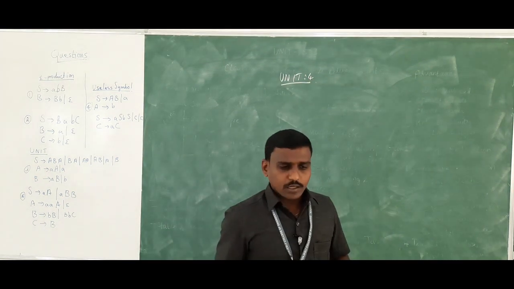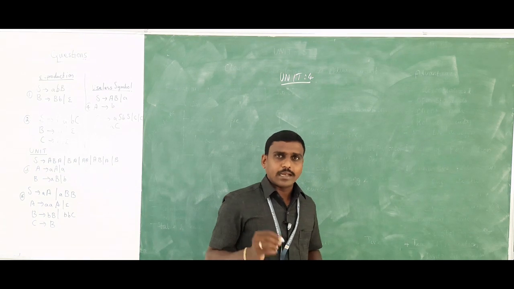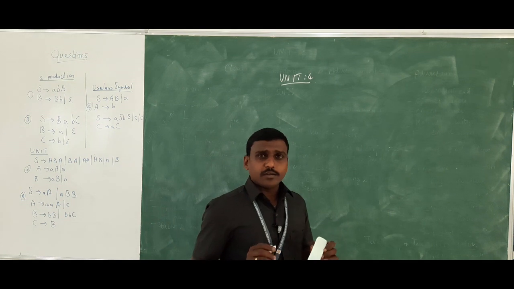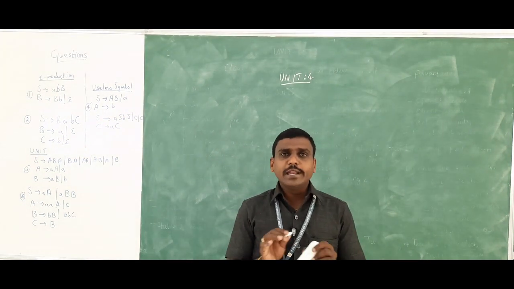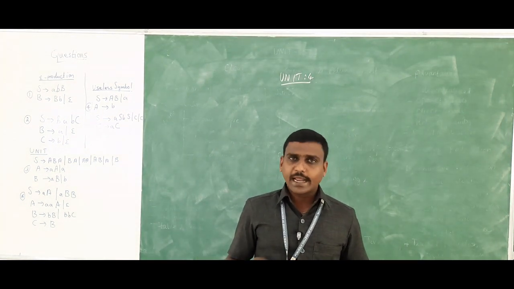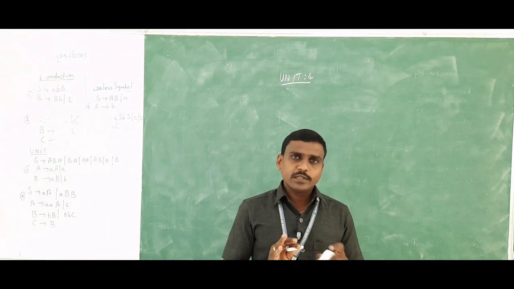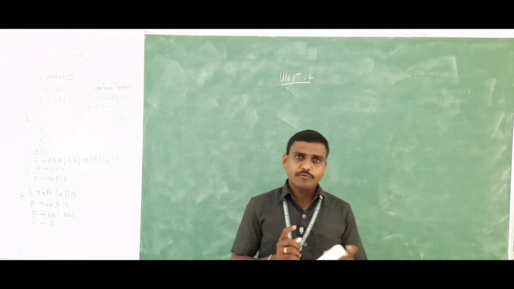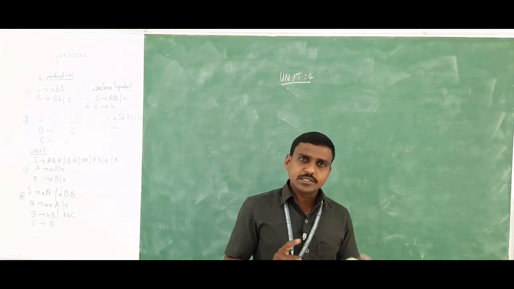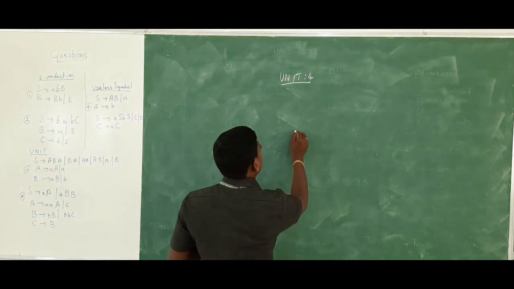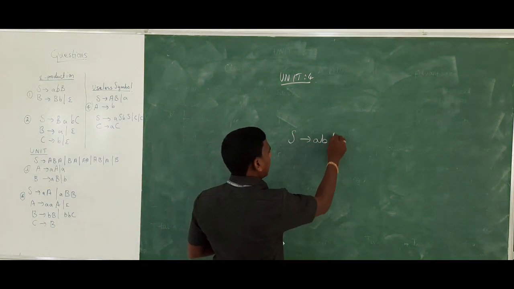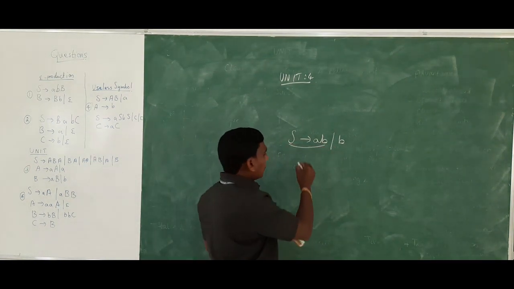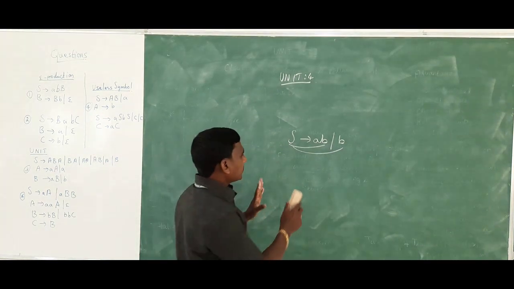So in Unit 4, that is context-free languages, context-free grammar and context-free languages. Okay. So here the first topic is we should know how to eliminate the grammar. Simply, you know what is meant by grammar, right? A grammar is the combination of production and variable, union of variables and terminals and production. For example, S tends to A, B, B, slash B, this is called as grammar. The combination of production, this is one production, this is another production. Okay, we will say this is a grammar.